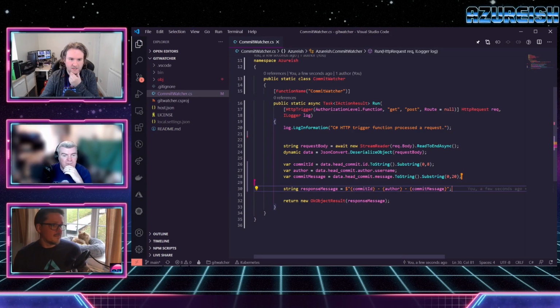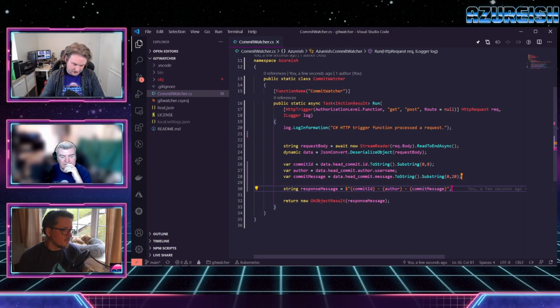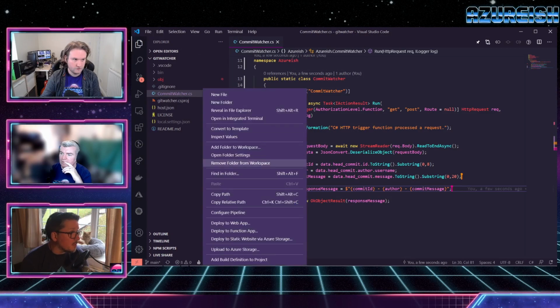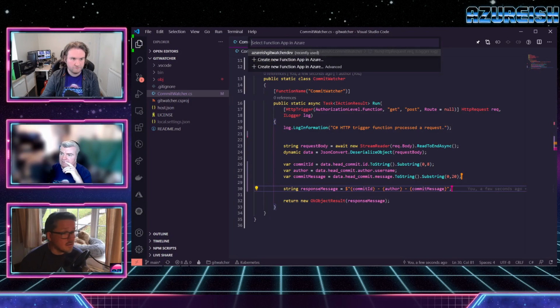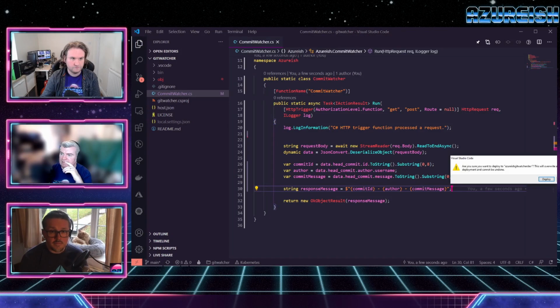I guess. Publish it to the function. Oh, that's the response message. Do we want to stick that in the log then? Not right now, I don't think. Let's just get it out, so make sure we're getting something back. So we'll see that in the response section of GitHub. Now that Liam's pointed out we can see the responses in the interface, I'm going to just deploy it. Make it so.